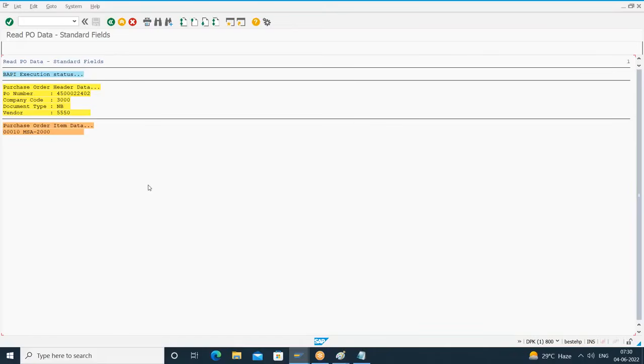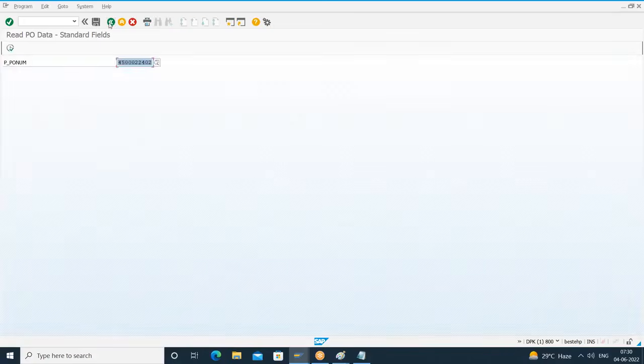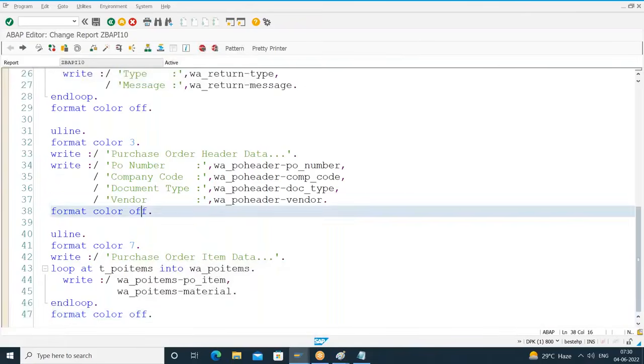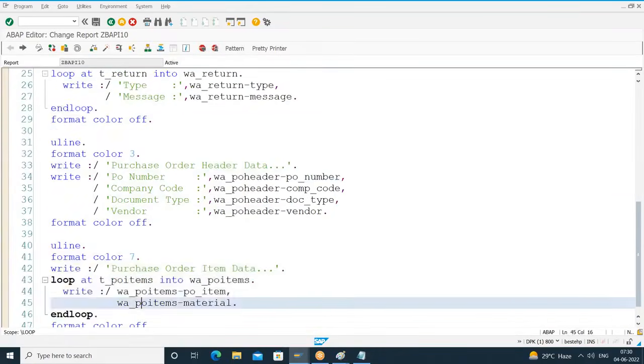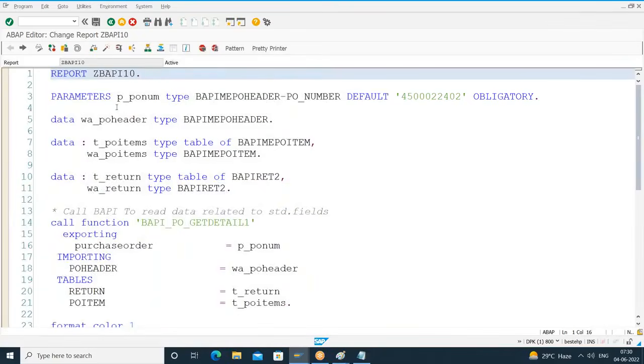What happened here? BAPI execution status, purchase order header data, PO number, company code, document type, vendor, and I got the item number and material number. Working fine. Understood? Working fine. So we didn't get any issue here. Now what is my agenda here? I want to read the data related to